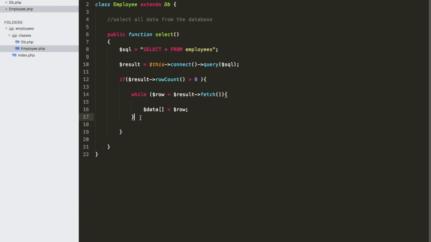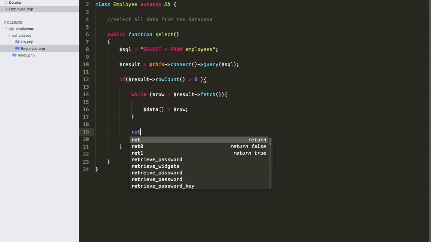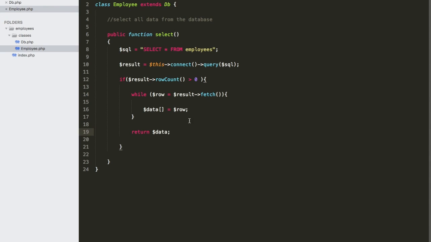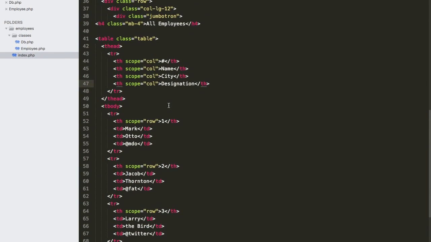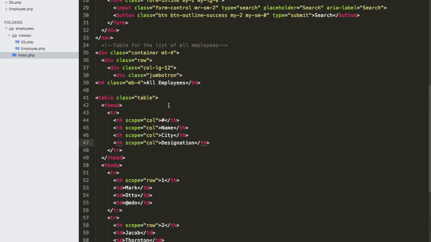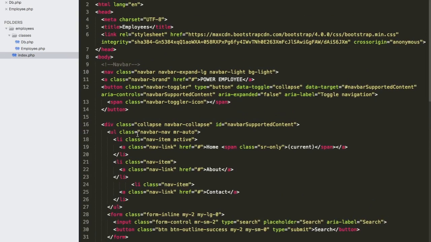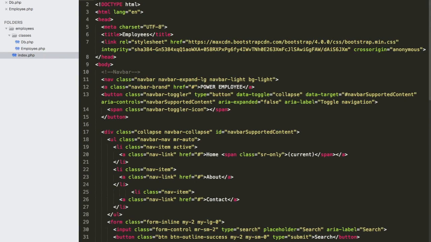Finally we have to return that data array. Okay, that's it for this file. And now I'm going to index.php, and here we have to fetch our record. The first thing, so